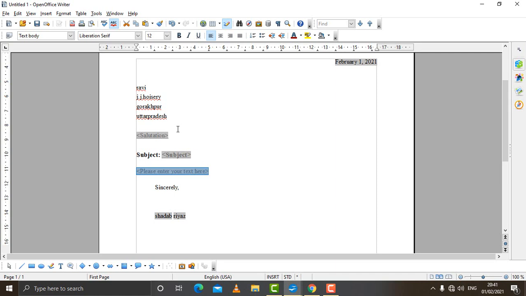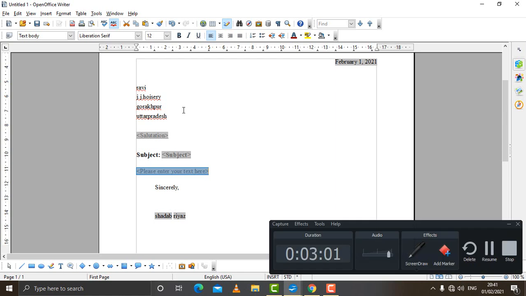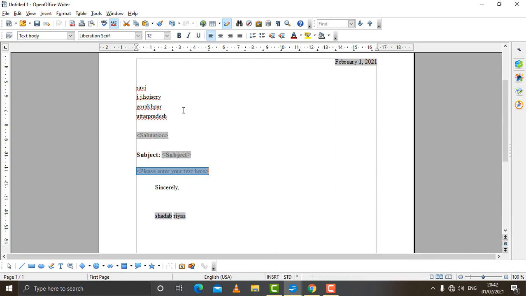And in a similar way, a number of more templates are there which you can use for different types of works of creating different types of documents. So this is quite helpful in creating the document quickly without giving much time in designing the document. So this is how we can create a document using a template.